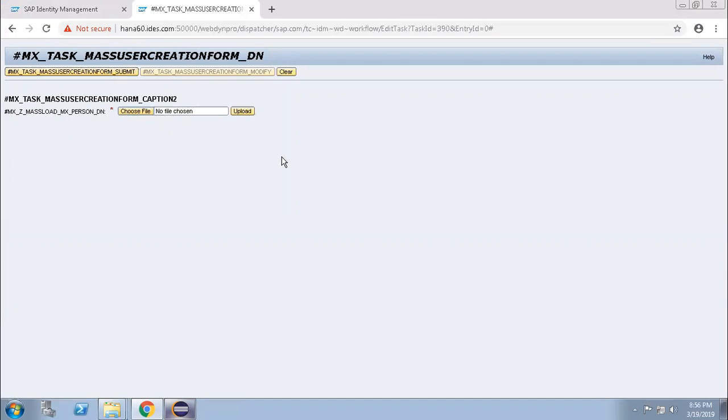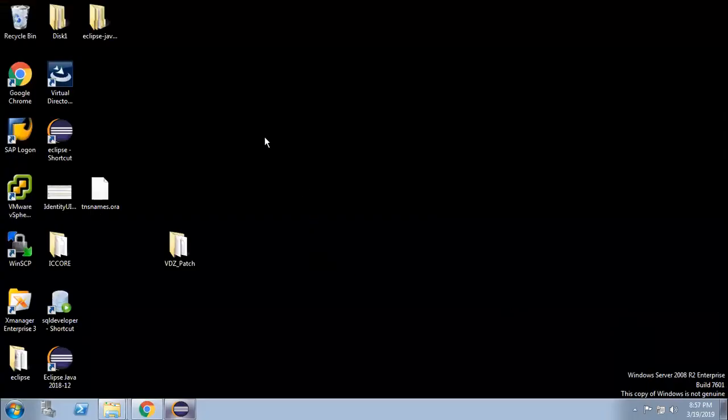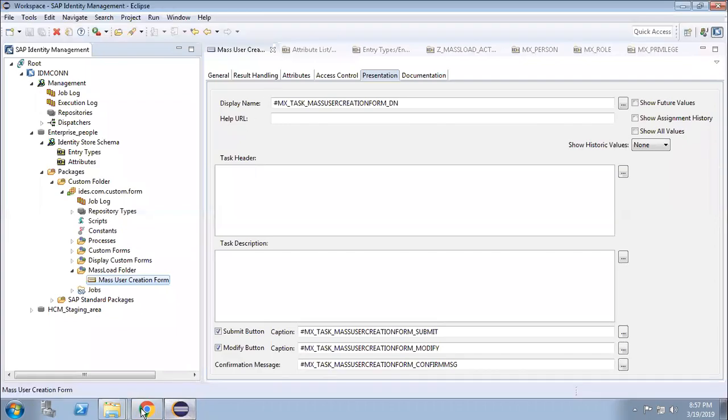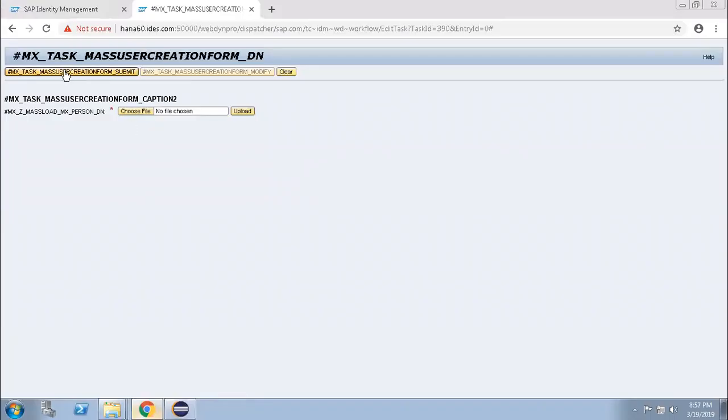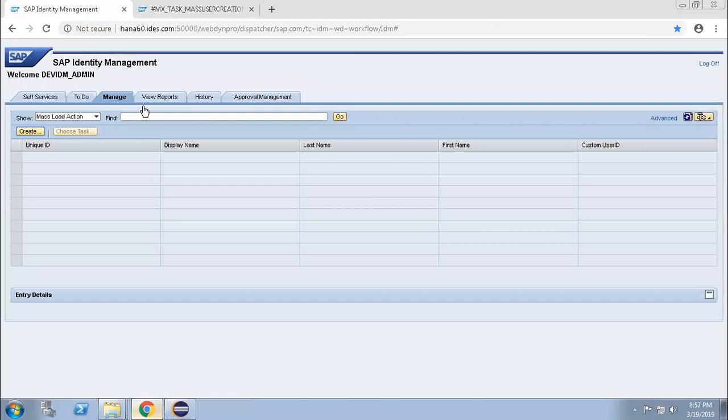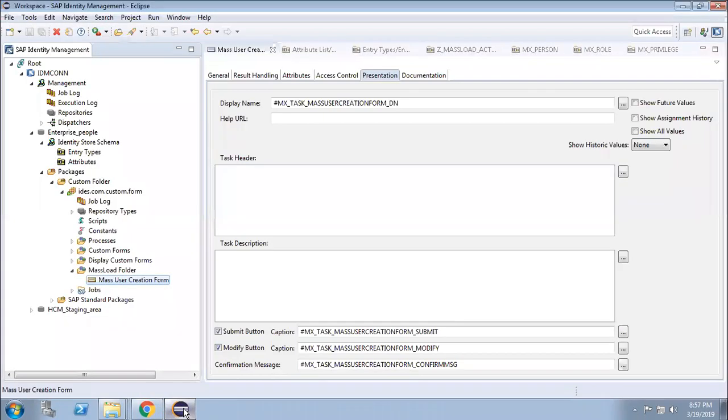So now what I have to do, I have to create a file, right? A CSV file in your system, and then upload the file over here and submit. So after submit, will it be doing anything?